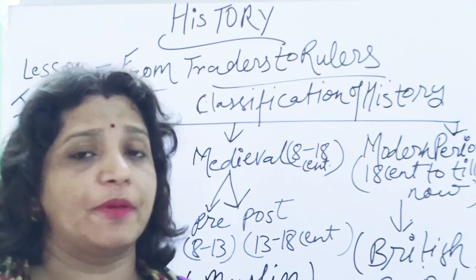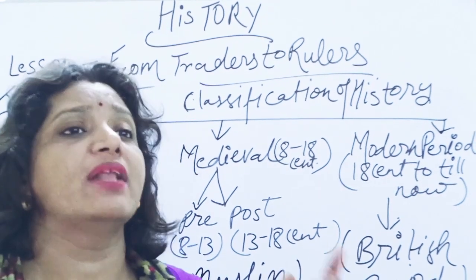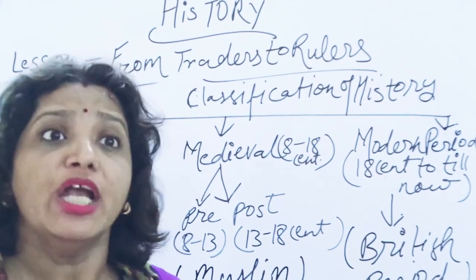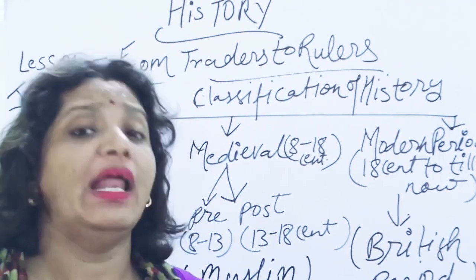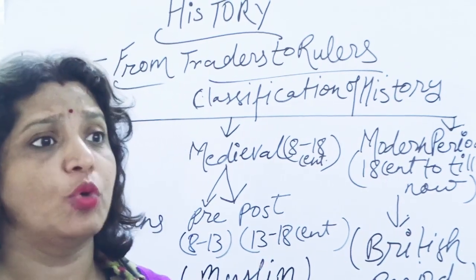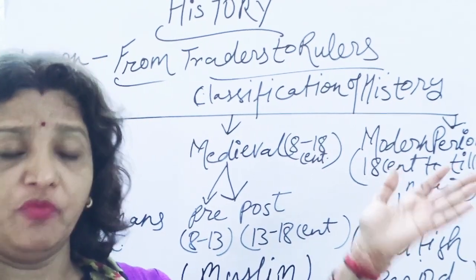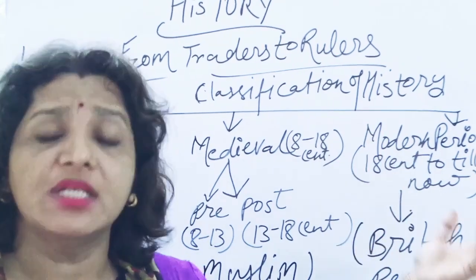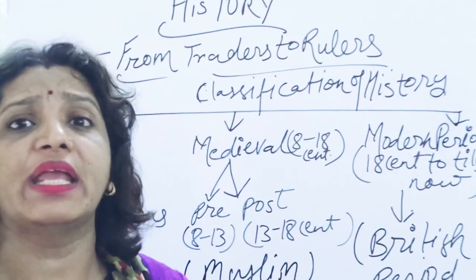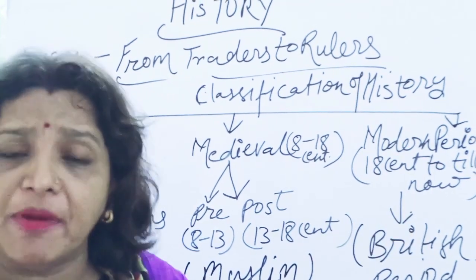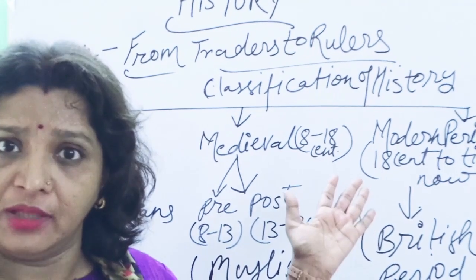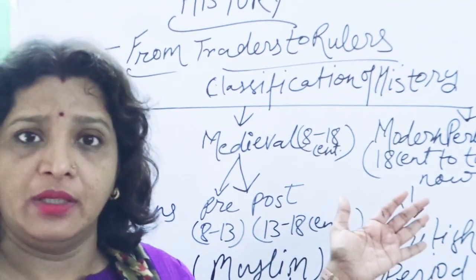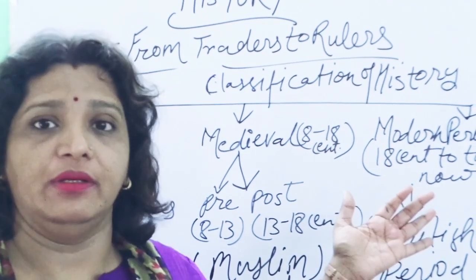Suppose we are taking the chapter on geography, for example natural vegetation and wildlife, or land and water resources. Before explaining it, we have to go through the background: what is a resource, and from where we are getting and availing all these types of resources. Firstly, we are going back to the past, the history of geography.